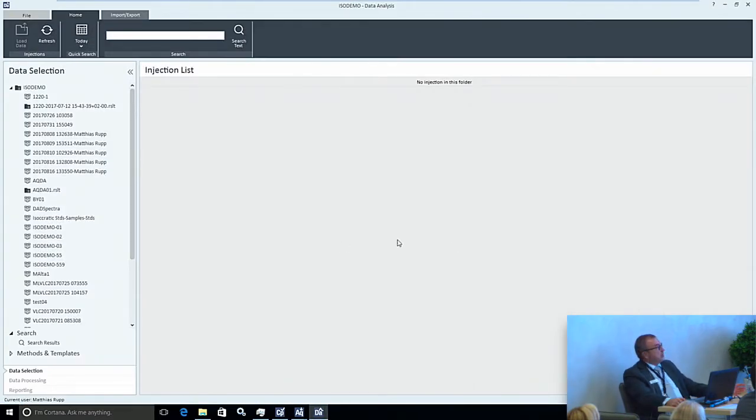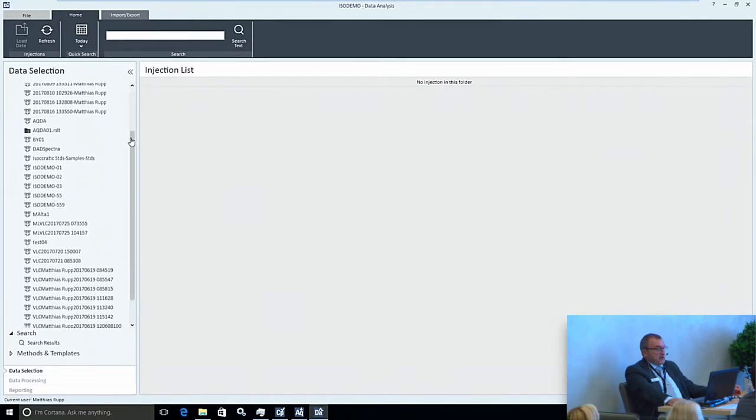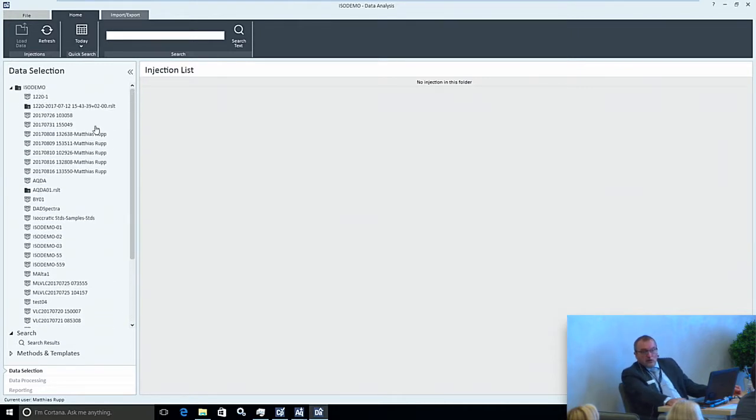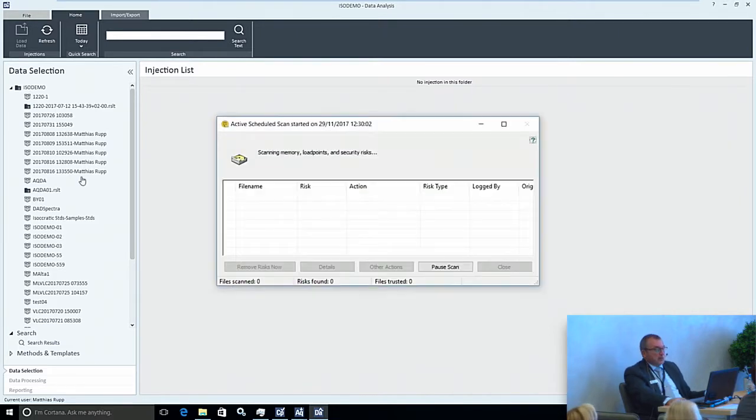It starts with pretty much an empty screen, but showing me the data selection tab, and every line you see here reflects a sequence that I have previously acquired into this project, okay? You can imagine that this list of projects is becoming huge and long. And everybody may ask, can I create subdirectories and directory structures? Yes, you can. However, you may question if it's needed, because